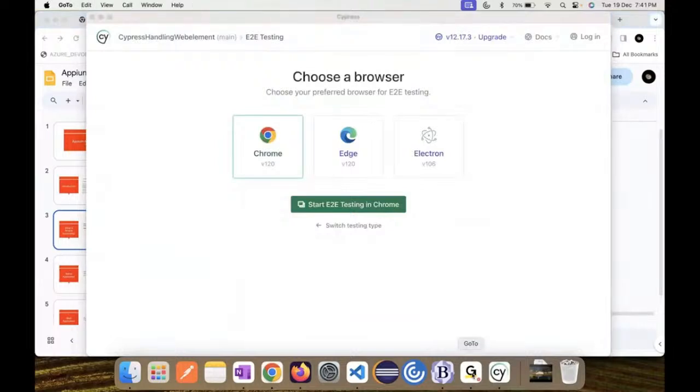Okay, so there is a question. Will mobile app automation using BrowserStack also be covered? Yeah, we can cover it. So far, we don't have it in our syllabus, but I can show you a demo of how to do it on BrowserStack.